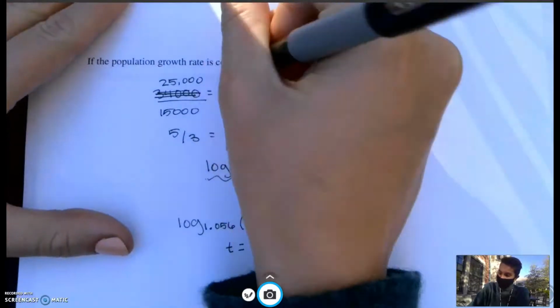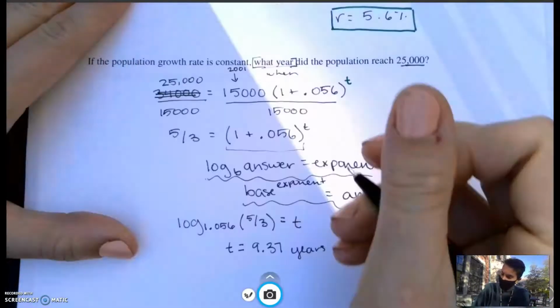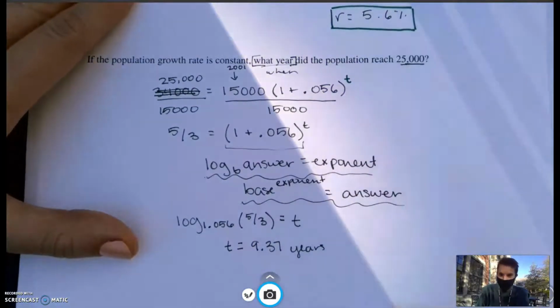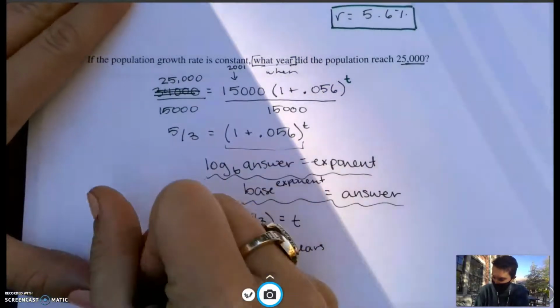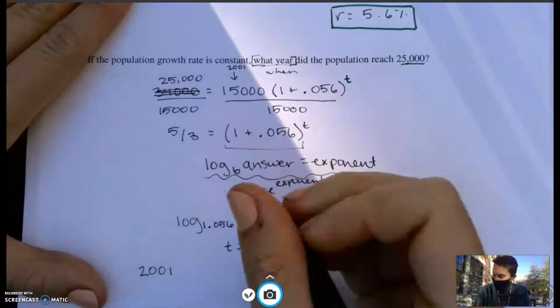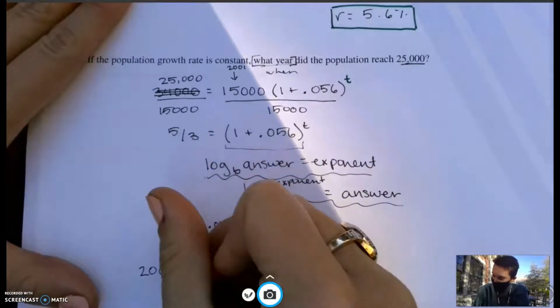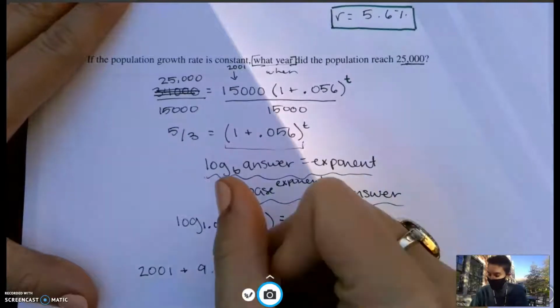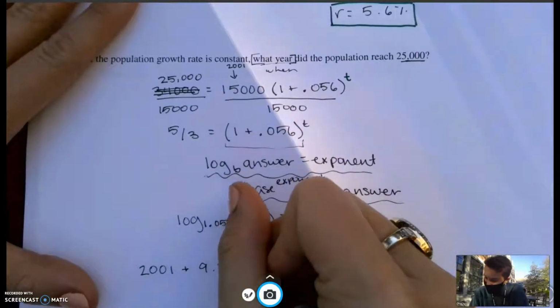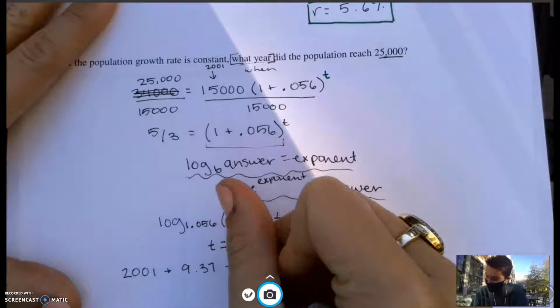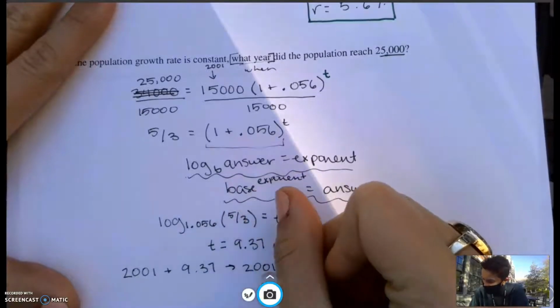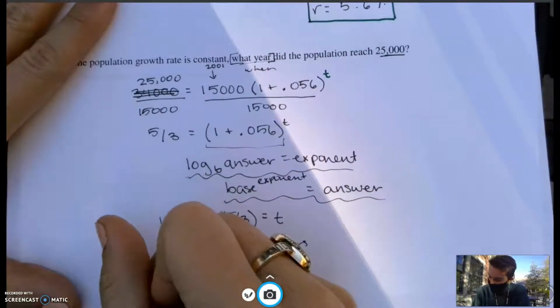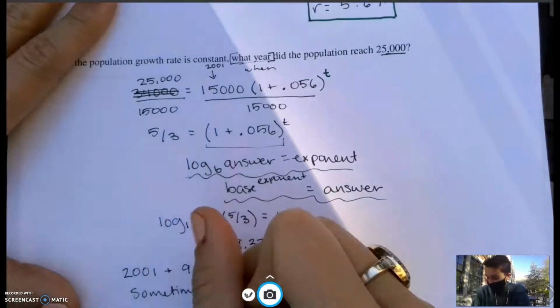So it gets to 25,000 9.37 years after 2001, so 2001 plus 9.37. We don't really talk about years in decimals, though. So what we can really say is 2001 plus 9,